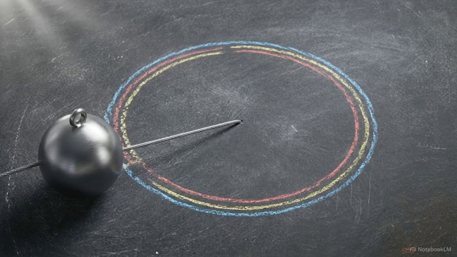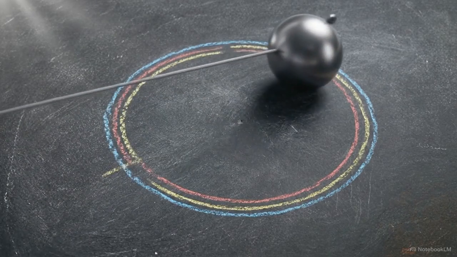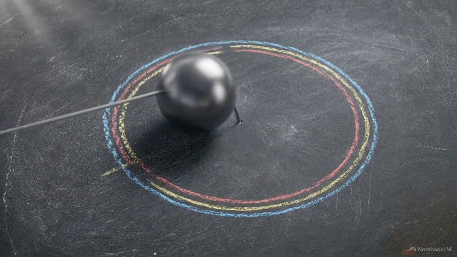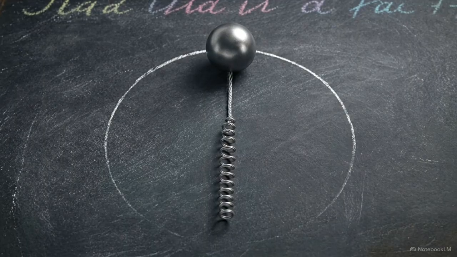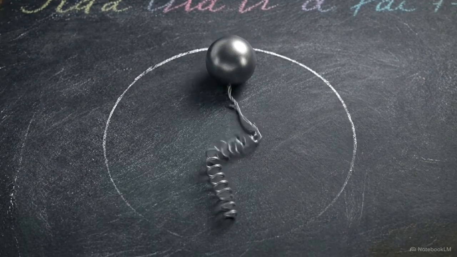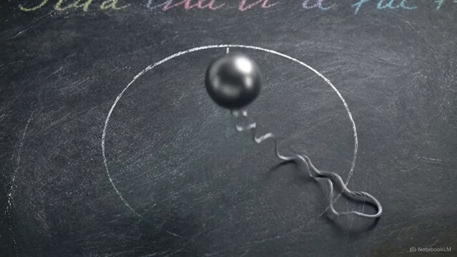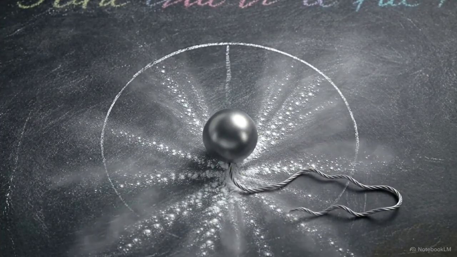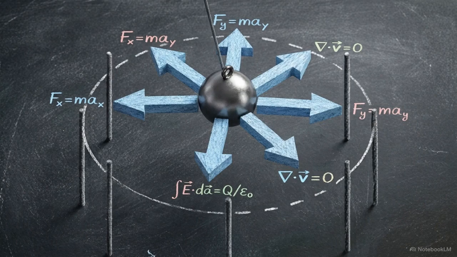When a mass tied to a string attempts a vertical loop, it faces a strict physical limit. If the mass lacks sufficient speed, the string loses tension, and the orderly circular path collapses into a chaotic fall. Analyzing this system through Newton's laws of motion requires calculating the specific forces acting on the mass at every instantaneous